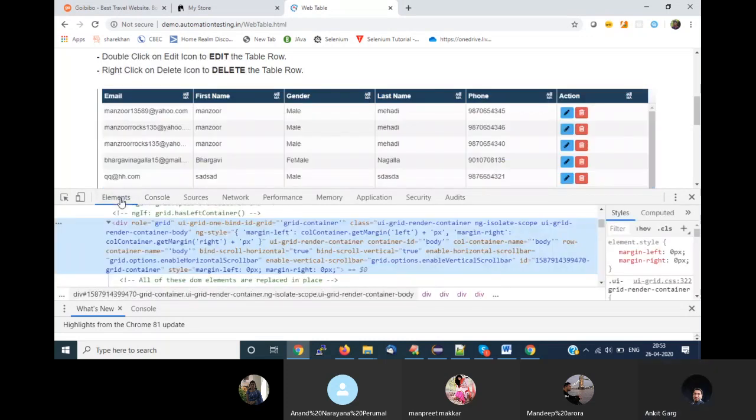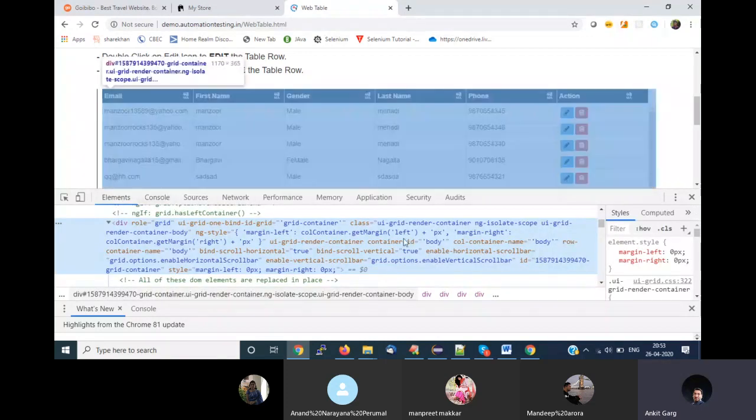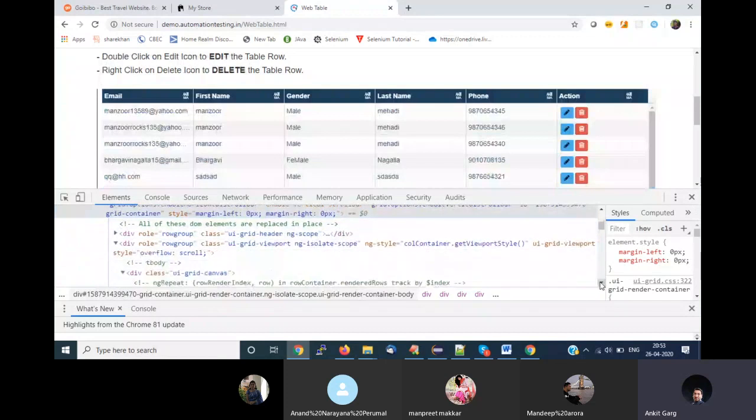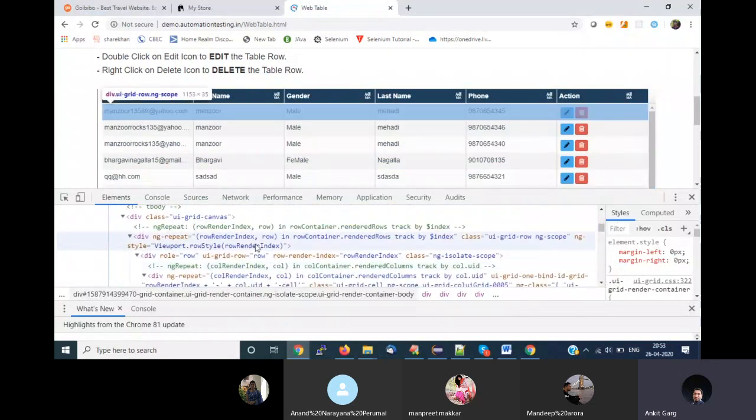Let's say first I want to find out how many rows are there in this web table. What was the syntax, or when I highlighted, at what point I was getting a row? I was getting a row on this, right? Just focus on div ng-repeat row index class.